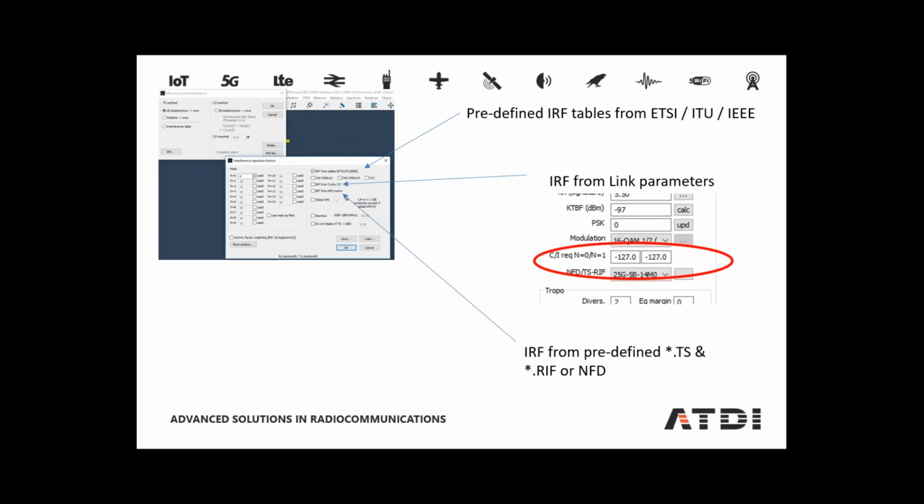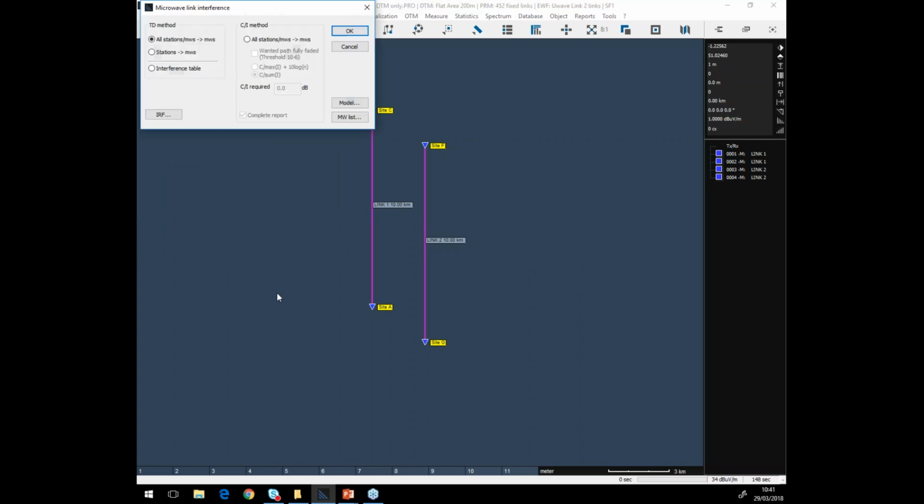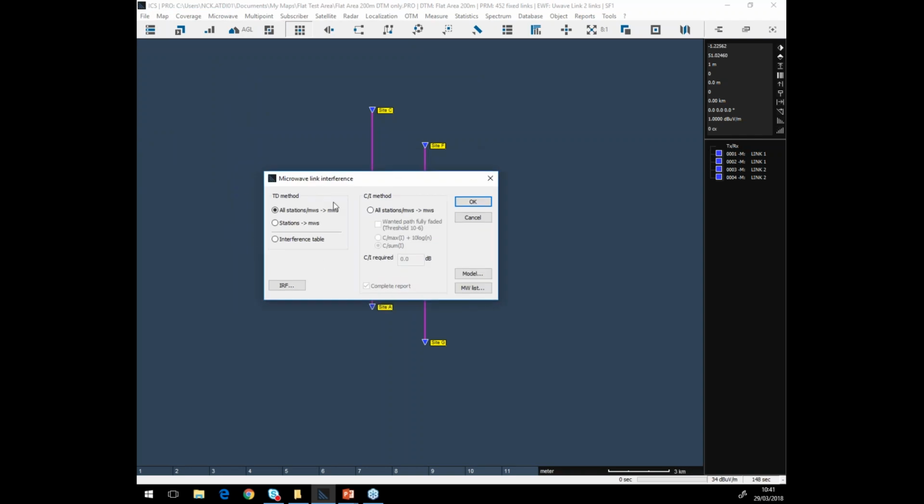Okay, so the next thing to do is we need to do interference calculation. So going back to telecom, microwave interference. Okay, so we've got interference, threshold degradation. This means we're going to degrade the